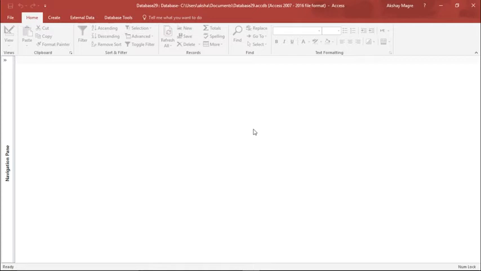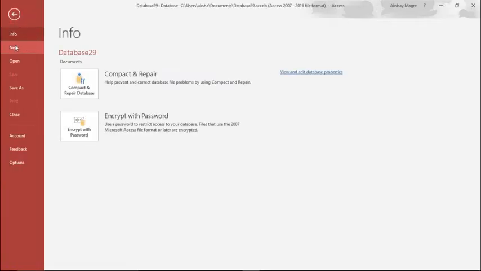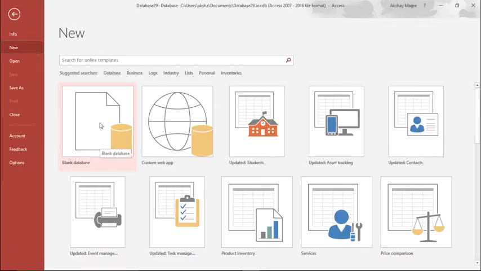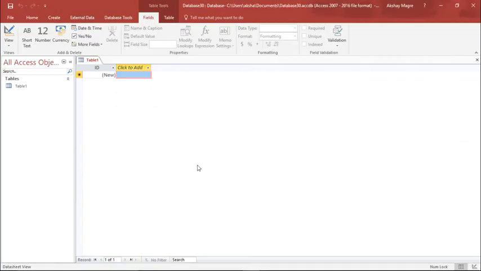In this video, we are going to learn how to create a database in Microsoft Access 2016. So we'll go ahead and create a simple database so that we get a basic understanding of how a database is created in Microsoft Access 2016. I'll simply go to the File tab, select New, and select a blank database. So I'll simply double click on this. Now I can see that by default, Microsoft Access has created a table, which can be seen on the left hand side, and it is named Table 1.